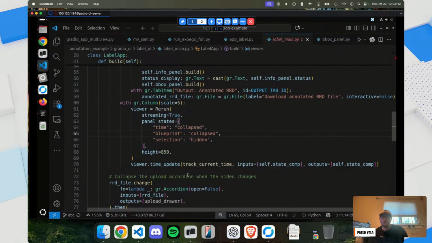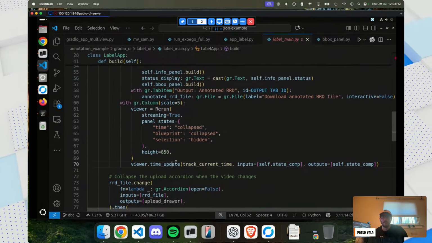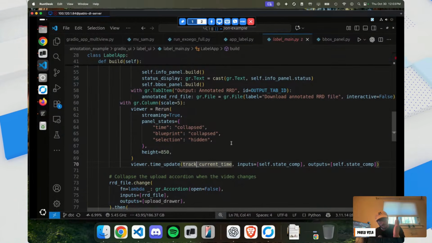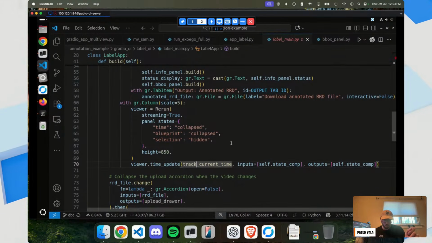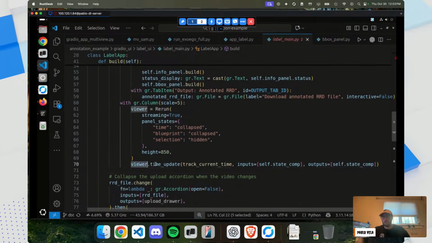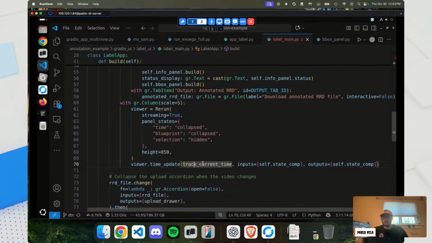The thing that's changed here is now you have these callbacks, right? So for example, we want to be able to track exactly where in time we are when we're scrubbing through, so that when we generate the bounding box, it doesn't just generate it at a random frame, right? We want it to be at the correct frame. So we basically add this callback that made it super easy for Rerun to do that.